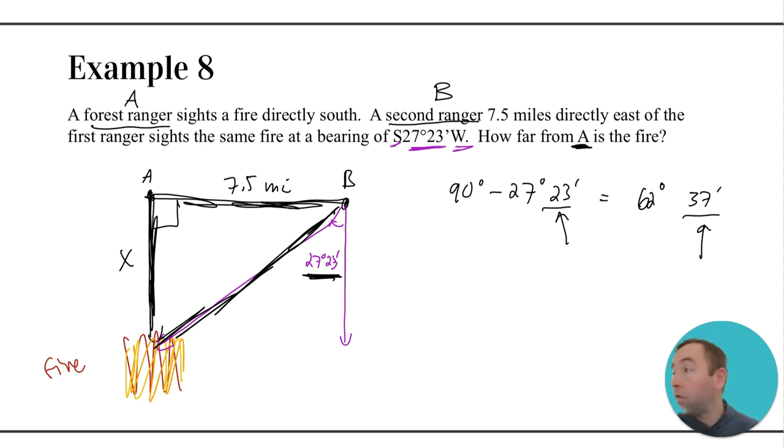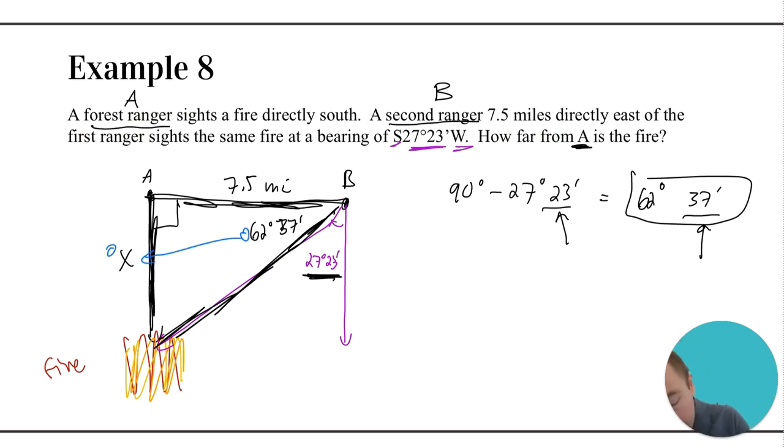So that's why we have to account for that 1 degree difference. So that would be what the angle measure is that we have in this acute angle right here, 62 degrees and 37 minutes. And so now if we were to reference this angle, we would have that this here is the opposite side and this here is the adjacent side. And so we could use a tangent ratio where the tangent of that angle measure would be the opposite, x, over 7.5. And we want to input what that measure of 62 degrees, 37 minutes is into the